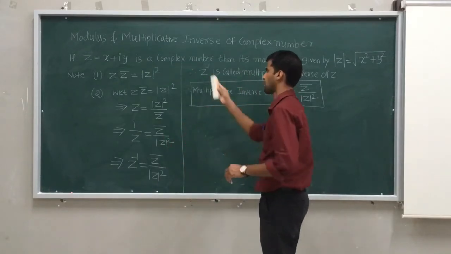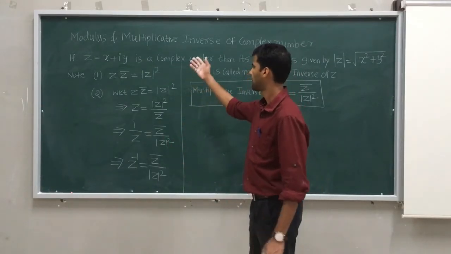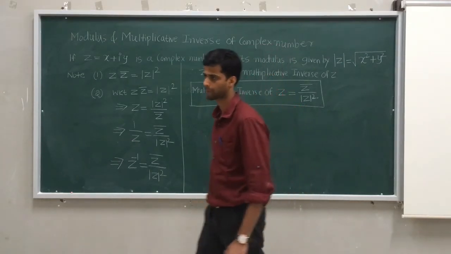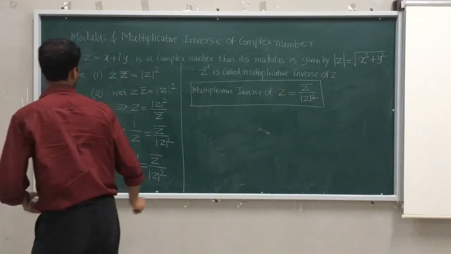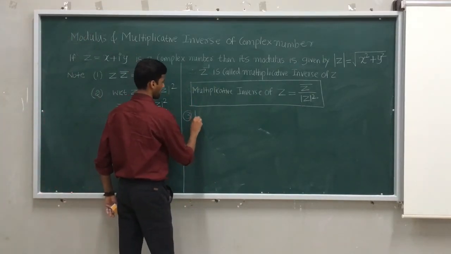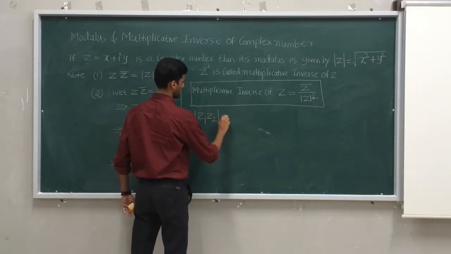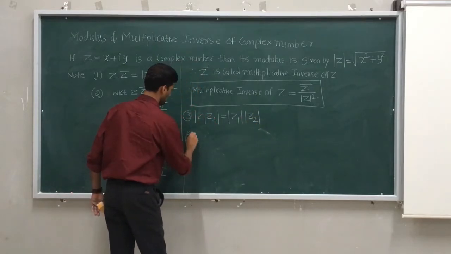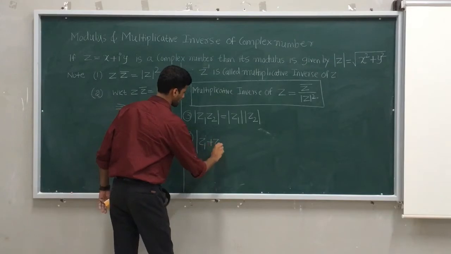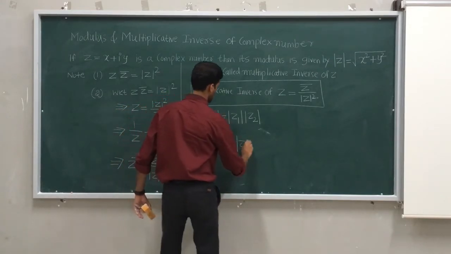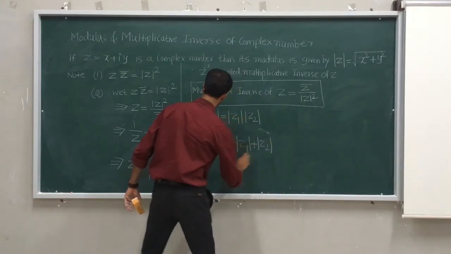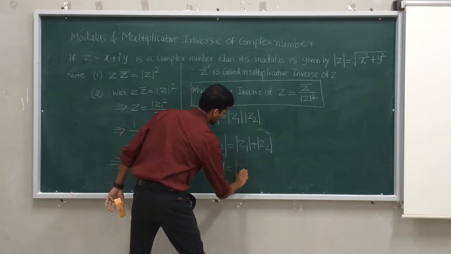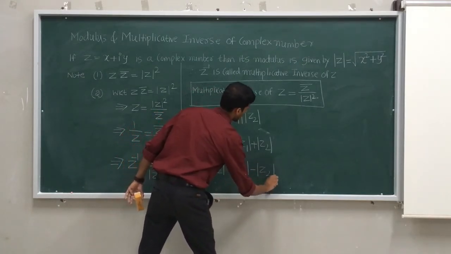The first one is the modulus of a complex number: when z is multiplied with z bar you get the square of the modulus of the complex number, and the second one is the multiplicative inverse. Okay, we'll move on to property number 3. Always keep in mind, modulus of z1 into z2 is equal to mod z1 into mod z2. Property number 4 is mod z1 plus z2 and property 5 is mod z1 minus z2. You verify these yourself.